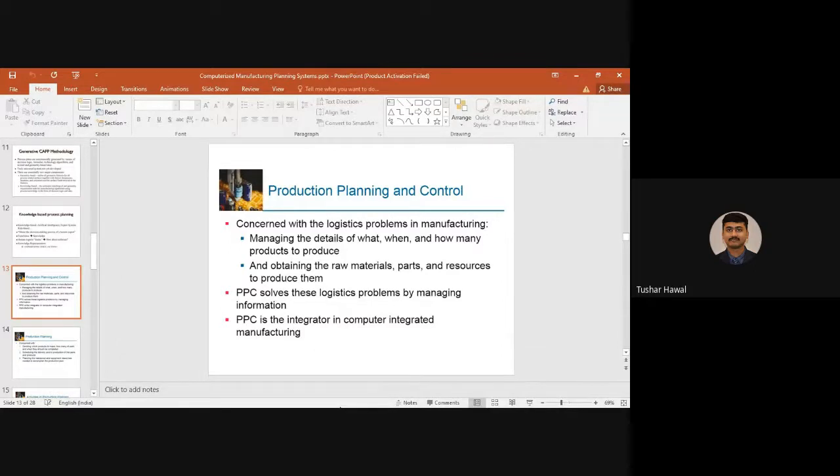So PPC is going to solve these logistic problems by managing the information. As I said again, the information, the data. The more proper data you feed, the more proper output you are going to get. PPC is the integrator in computer integrated manufacturing, so it is going to integrate most of the activities.